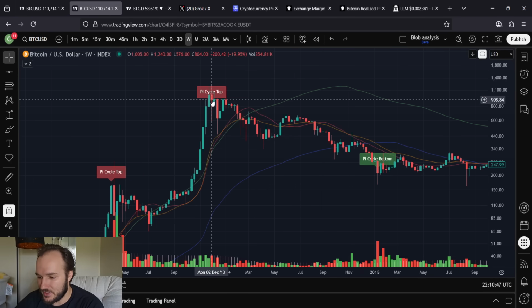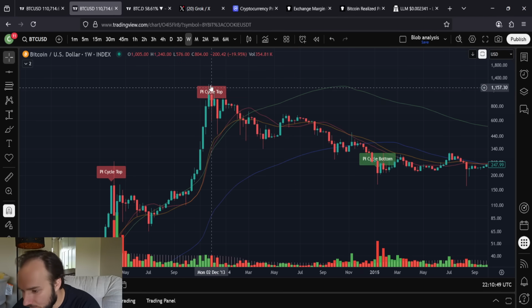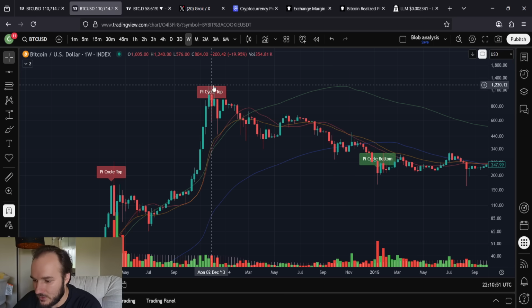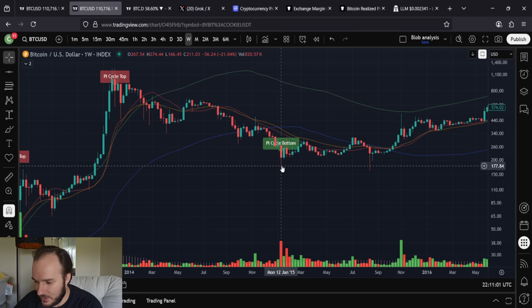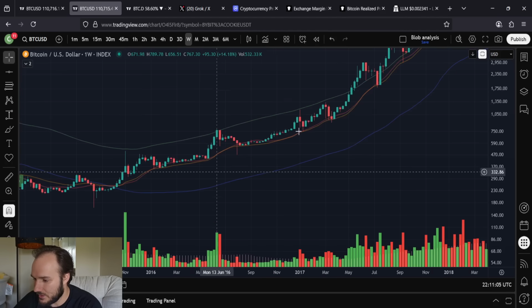This pi cycle top happened here, which is 1 month after the high, or actually right there, the same month. I forgot we had a wick, a double kind of top right there on a wicking basis. So right there, it perfectly called this month as the high as well, right? The cycle bottoms are not perfect, but still right there, basically. I mean, you basically nailed that actually perfectly, but they're not perfect if I remember correctly.